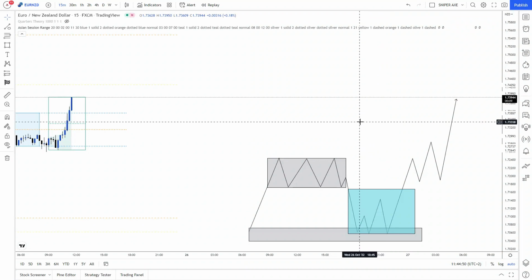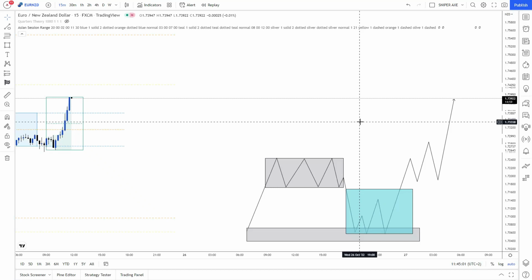So let me get straight to the examples. I decided to show you live examples that actually occurred today in the markets. Of course, if you look at our time, we're still in the London session. So with London patterns, but under the Asian strategy,